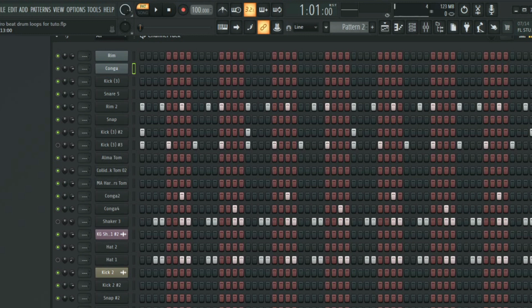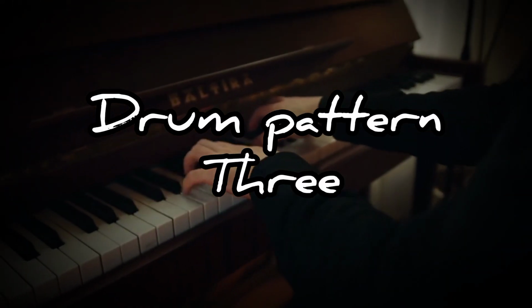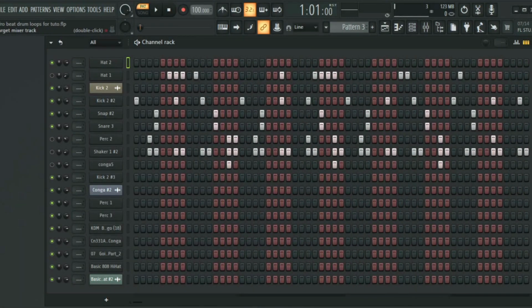Especially for the beginners that are watching this video, you can copy it. From here you can add more percussions. Like I said in the beginning, you can add your bass, you can add your conga, you can add more congas. You just don't stop at one. You can stack up the rhythm and you can do a lot with this, but you just have to know the foundation. So the next drum pattern I have here is a little bit advanced, but not too advanced, but